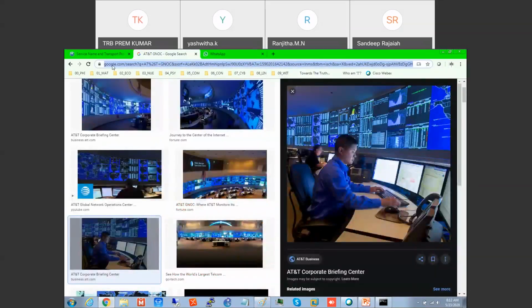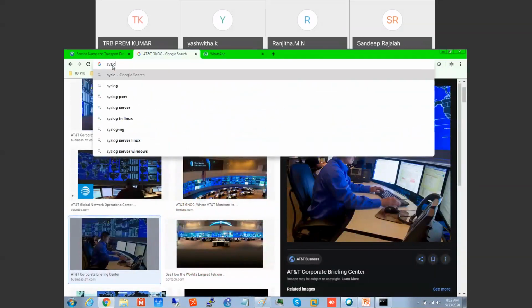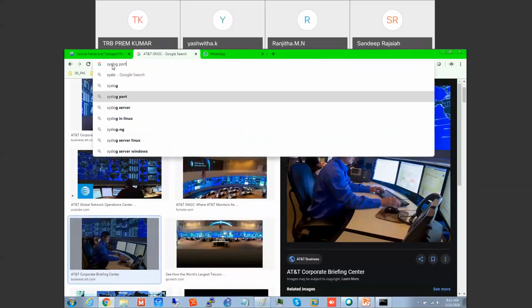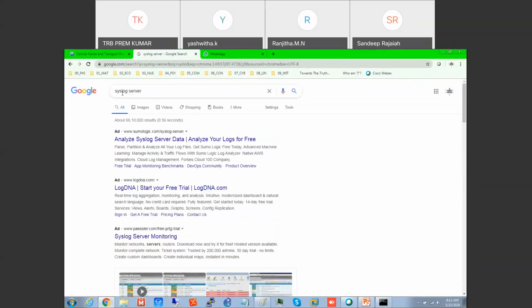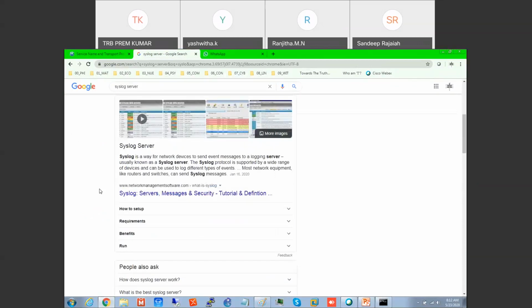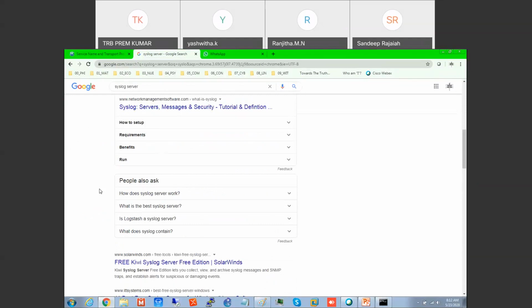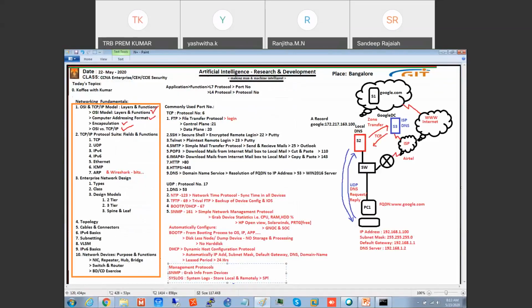Syslog server. Splunk is a famous syslog server.